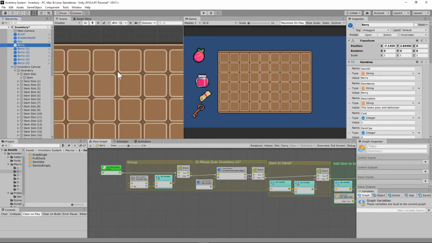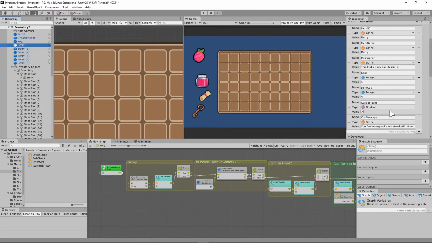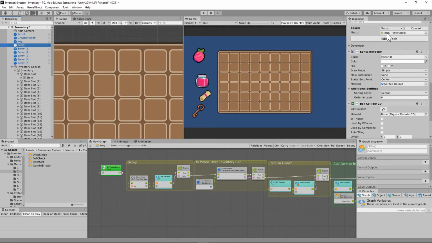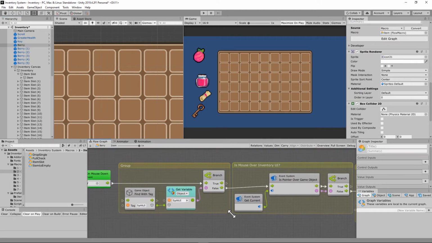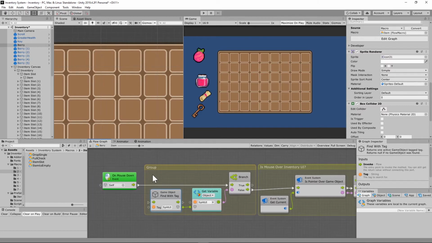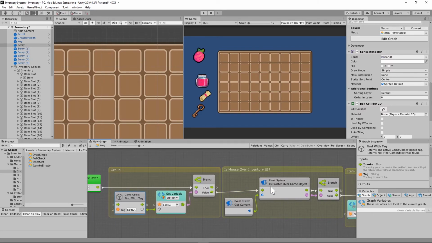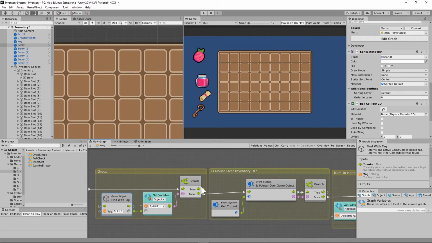So if you just click on one in your hierarchy here and open up the item flow macro, you're going to need to add the split UI check on that game object that we find with tag split UI, and just run the on mouse button down into the branch here and run a false into the is pointer over game object. This just ensures that if our split UI is open, we can't pick up items from